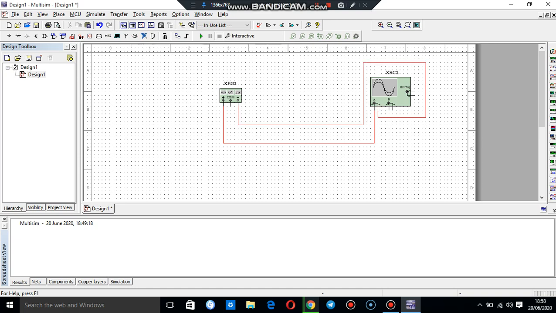Normally we have two channels in the oscilloscope. In the same way we have two channels here. We have a 4-channel oscilloscope also. You can click this option and you can see the 4-channel oscilloscope. And one more thing, we need to connect the ground connection to the common output. So we have ground connections here.